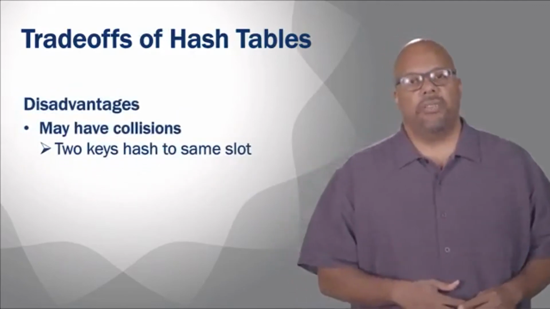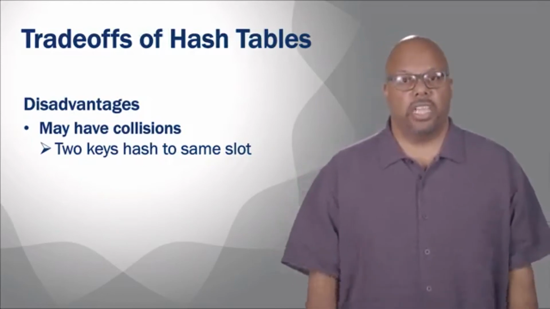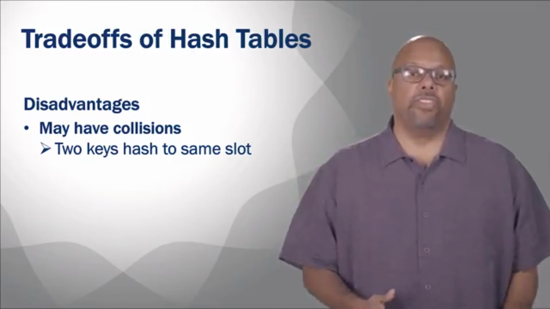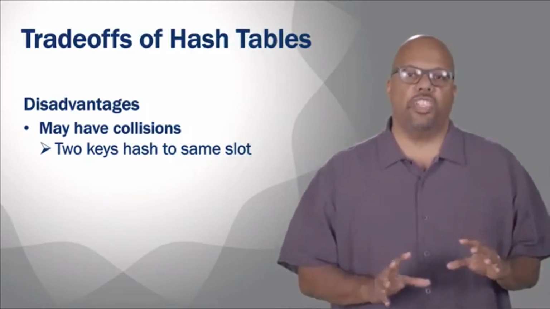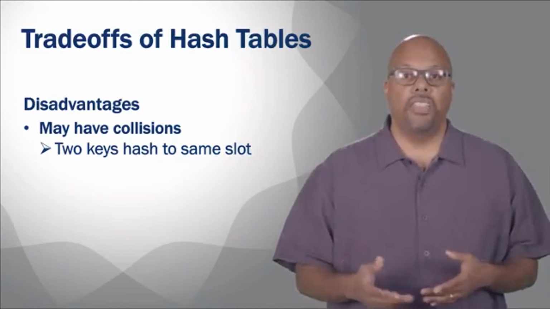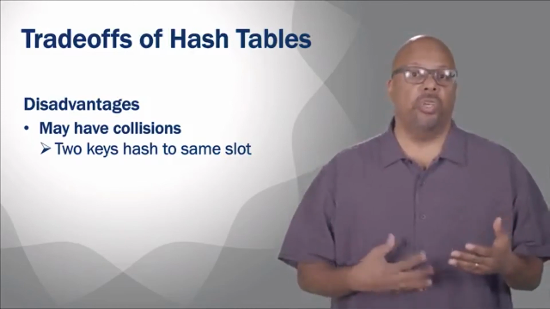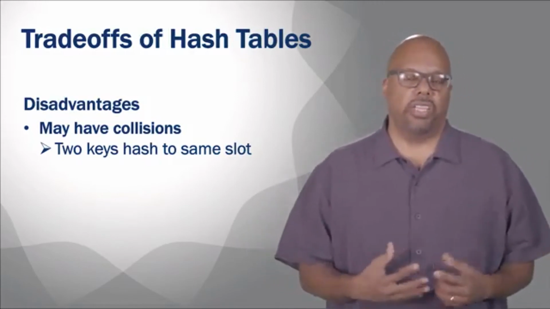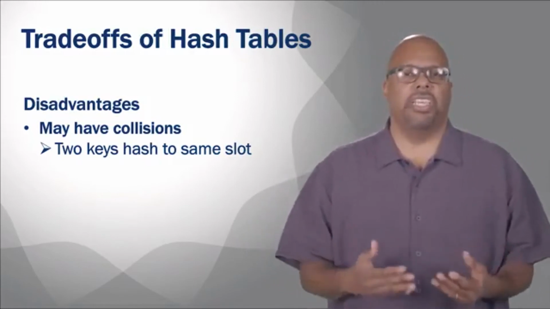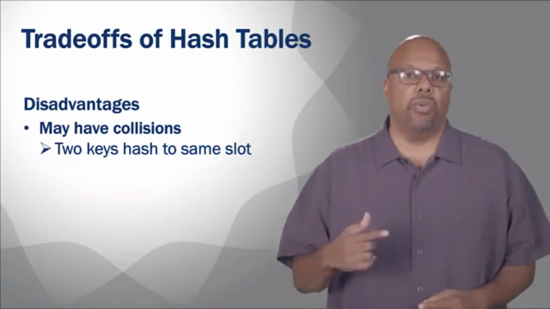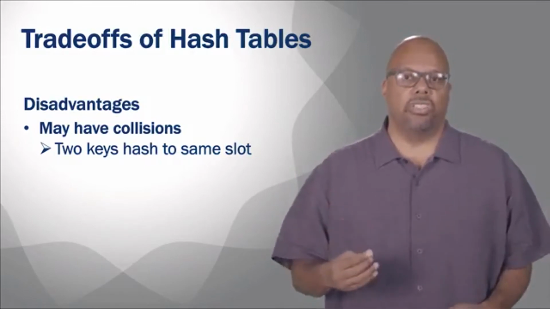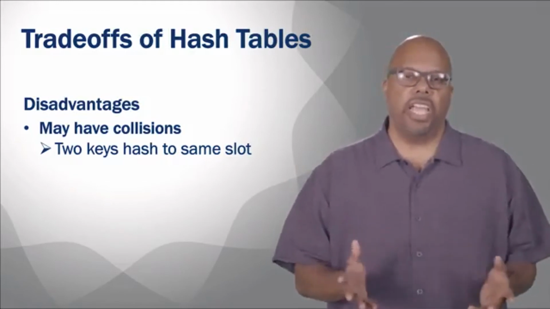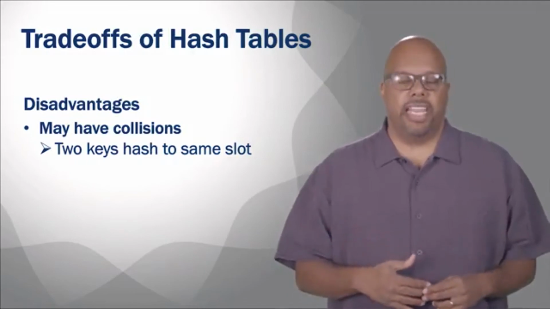The disadvantage is that you may have what are called collisions inside your hash table. A collision is when two keys hash to the same slot. So if the hash function maps both Joe and Jane to slot 2, then you have a collision. Then Joe's value and Jane's value both have to go into the same slot. There are ways to handle these collisions. You can put them both in there in a linked list or something like this, but when you get collisions, the speed gets a little slower because those collisions have to be handled in some way. You don't have to worry about how they're handled. That's built into Go. But that can slow you down.